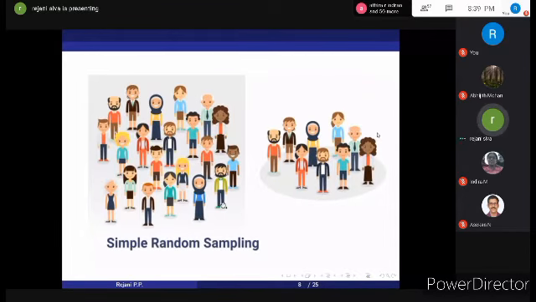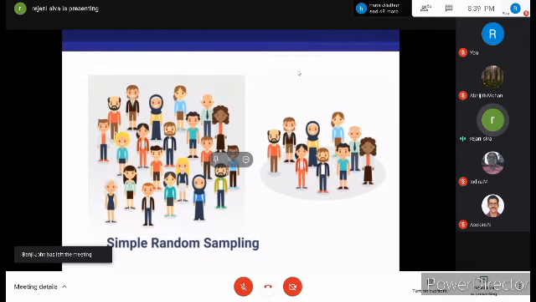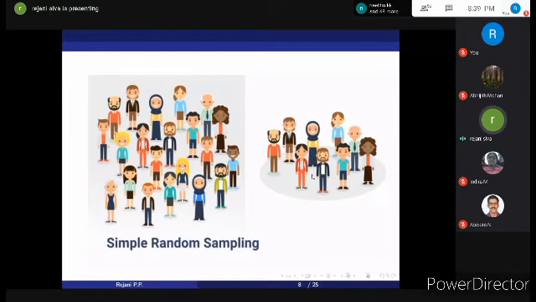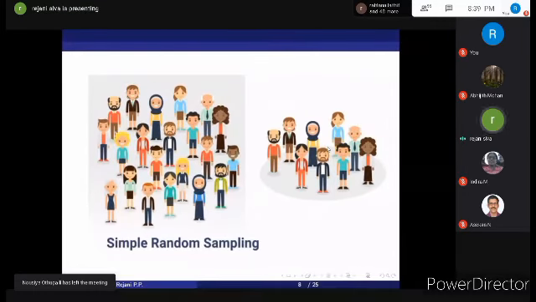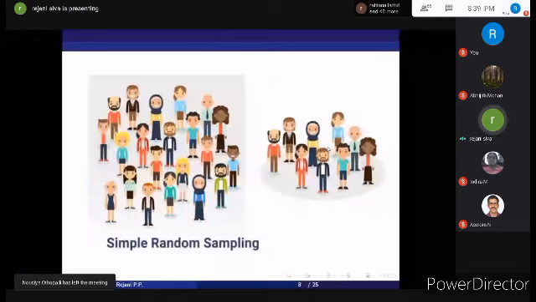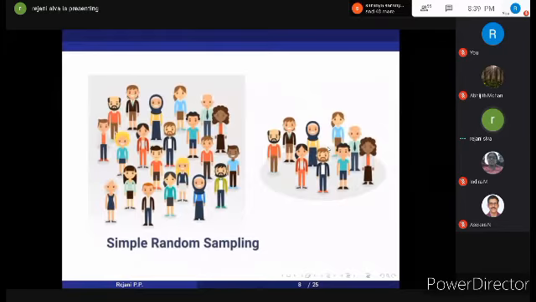The second method, we can make use of random number tables. We have different types of random number tables available. Choose the appropriate random number table. The selection of the table depends on your sample size. But nowadays, we don't use these 2 methods. Now, we generate random numbers with the help of a computer. It is very easy to generate random numbers in Microsoft Excel. You can make use of that if you are adopting simple random sampling in your research work.